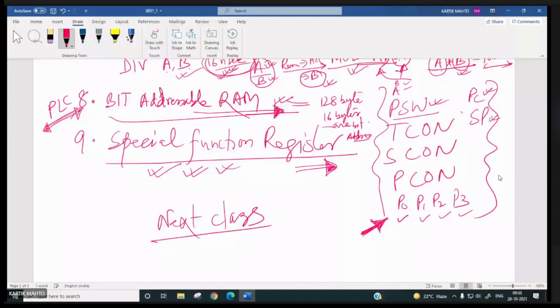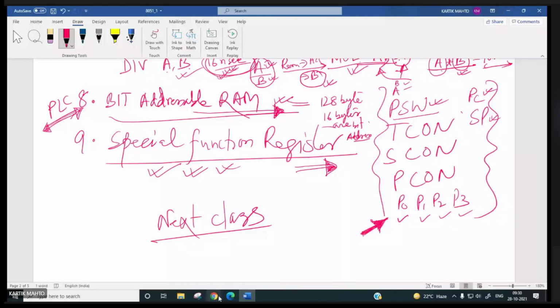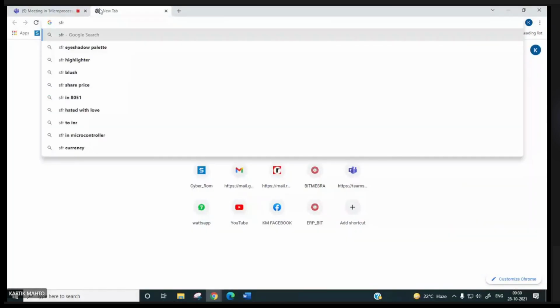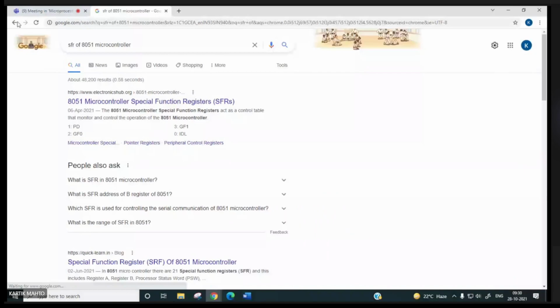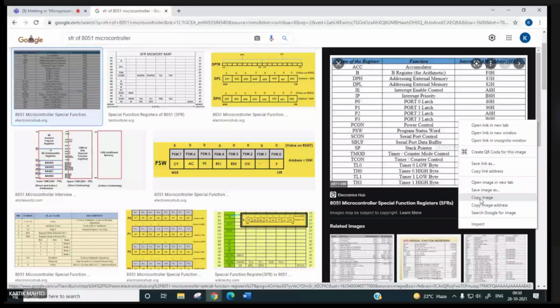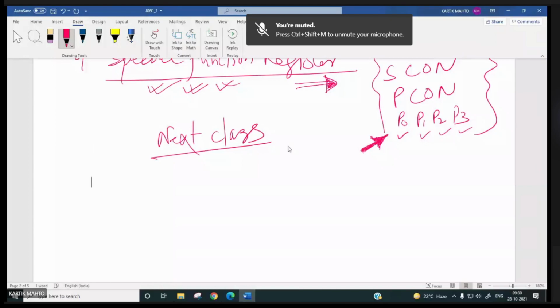Now I will come to the special function registers. What are the different special function registers? I will just list them. SFR of the 8051 microcontroller. This image I will take, copy the image and paste it.